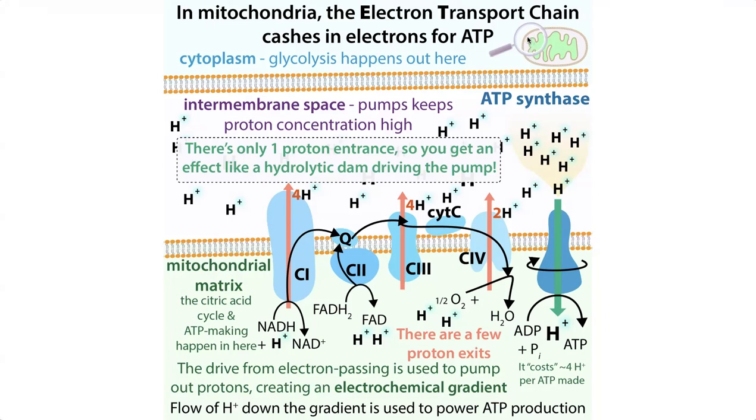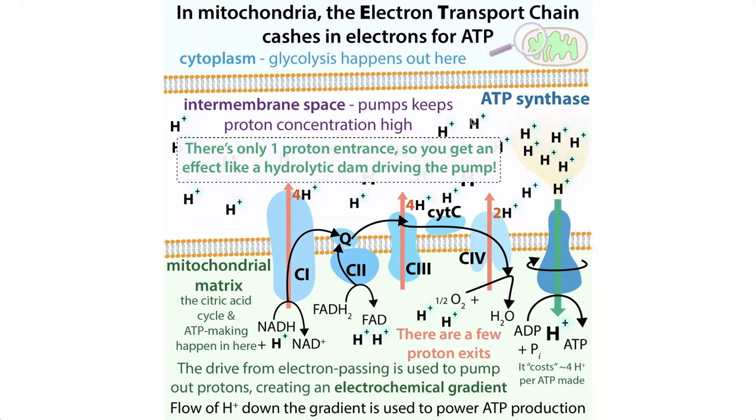And so because it came from swallowing that bacteria, you have this inner compartment. This is the mitochondrial matrix. You have this inner membrane space, and then you have this outer mitochondrial membrane. So: inner mitochondrial membrane, outer mitochondrial membrane, inner membrane space, and the mitochondrial matrix. But the electron transport chain is in this inner mitochondrial membrane, and it's going to be pumping protons out into